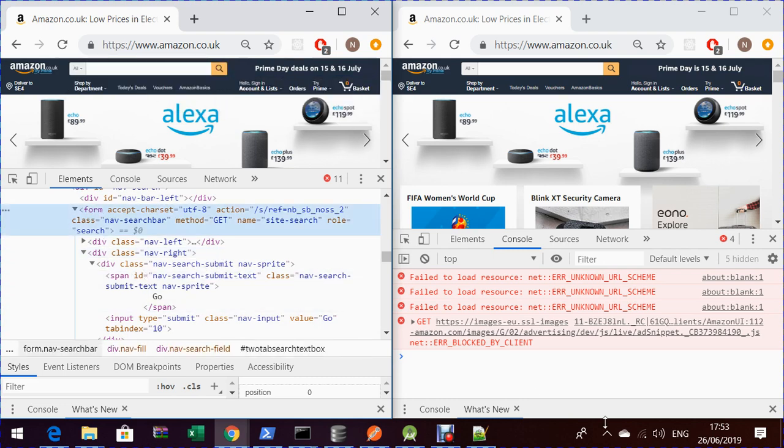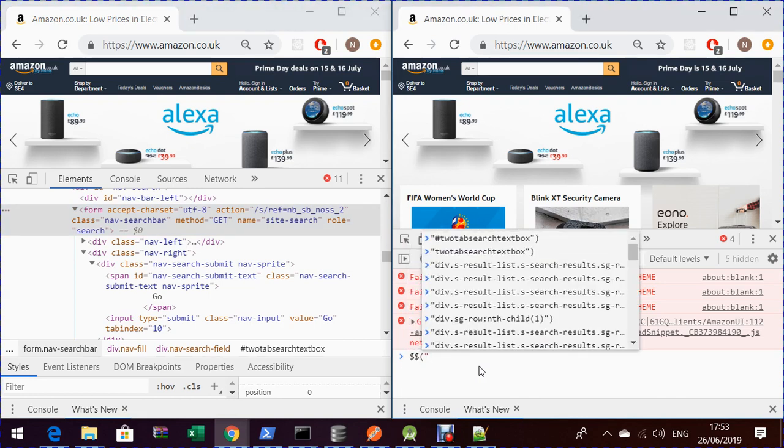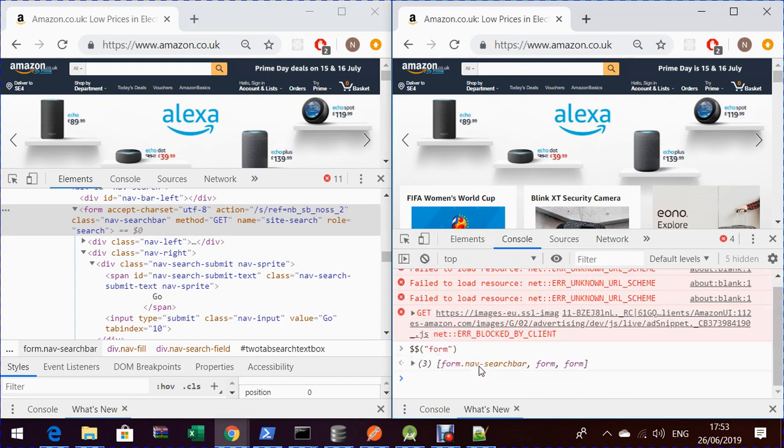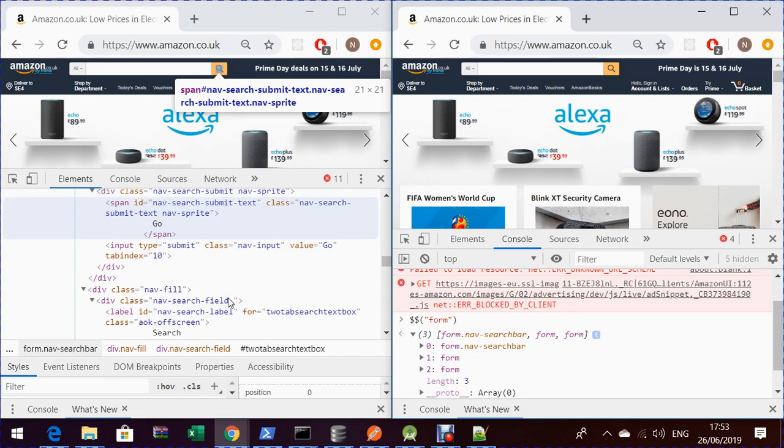Okay, so in order to achieve that, we need to find, okay, there's a form tag. Okay, let's use the form tag. And see how many are there. Three forms are there. So the first one is ours, but we can't always rely on first or last or nth child on this because they might change the order. So that's in order to find a particular